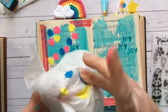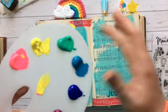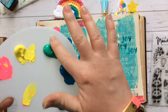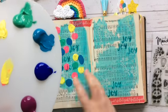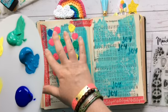This is a super easy technique that you can do, and you do not have to have anything fancy. You don't even have to have this kind of paints. You can use any paints that you have. And what we're making here is a big old bunch of balloons, just as a fun celebration of